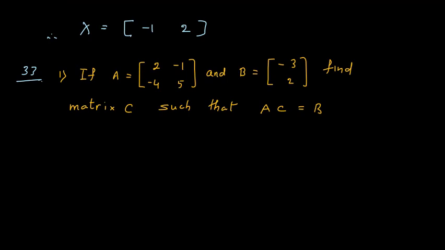So here question number 33, first part is if A and B are given, then we have to find matrix C such that AC is equals to B. So here AC is equals to B. Okay. So then what I can say, that number of rows, not number of rows. First we take number of column. Okay, what we say?